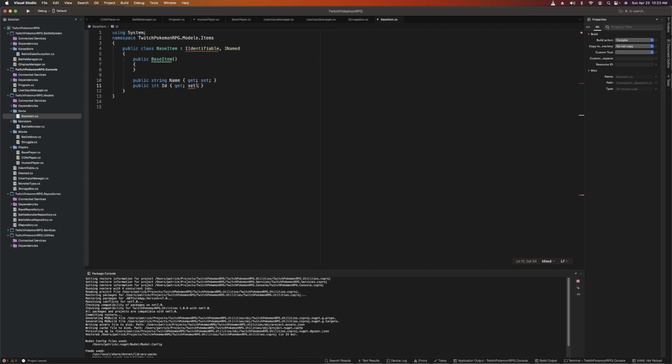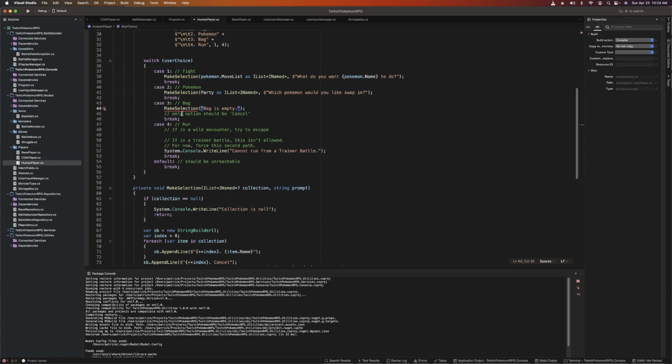All right, and then I like to put both of these up top, and I like ID to be on top. All right, base item. What they're saying is, I want you to pass in these things, name and ID. So we'll do that. And we will say ID equals ID, name equals name. They're gonna have things they do, but for now, it doesn't matter. All right, so this will just be a new list of base items